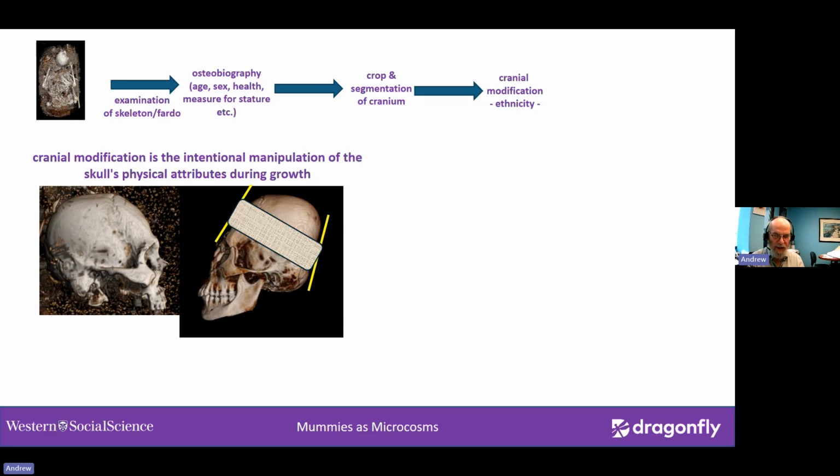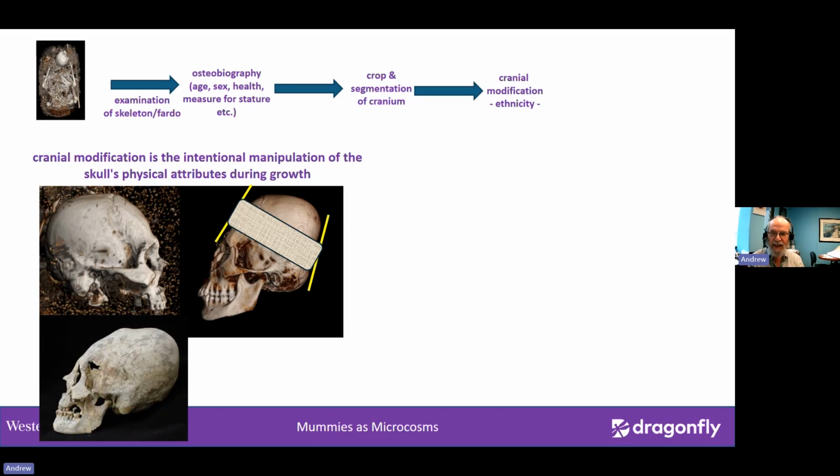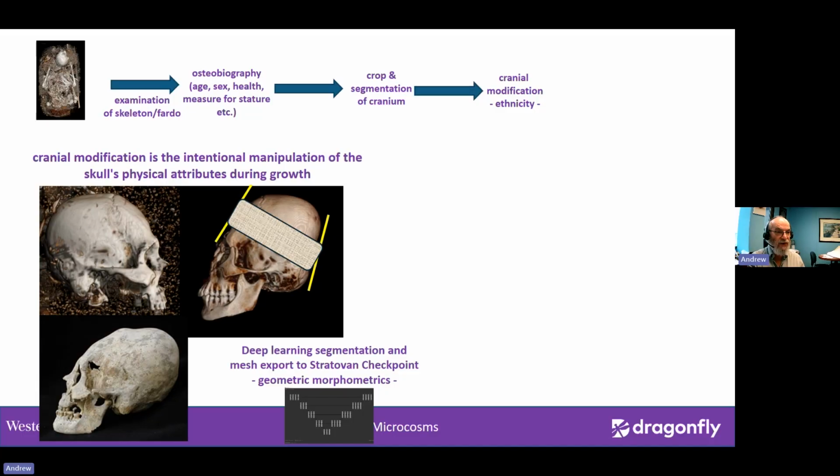And there are a lot of different variants of that. This is called an annularly modified skull, and they wrap the skull, and so it elongates out in length. That's a very characteristic form that's often found in the highlands. And if you see any reports in the news about aliens in Peru, that's what you're looking at, one of these modified individuals. So to study these things, we use the deep learning capabilities of Dragonfly to segment the